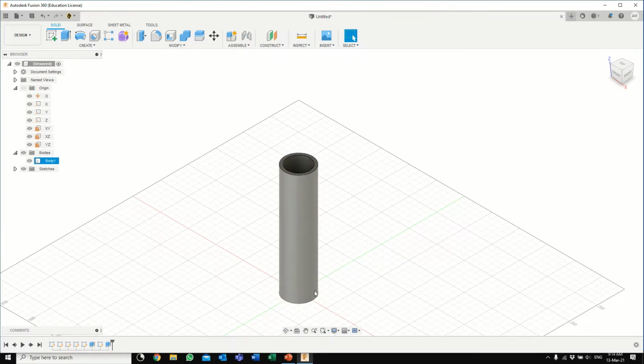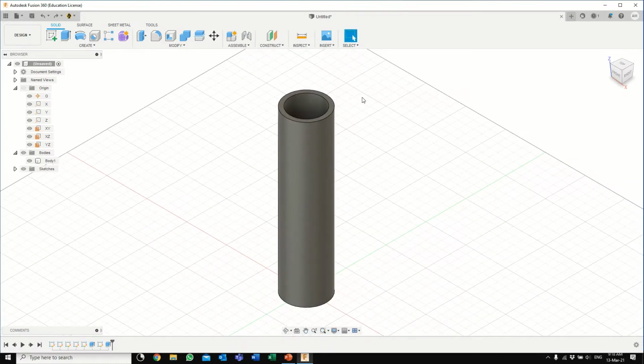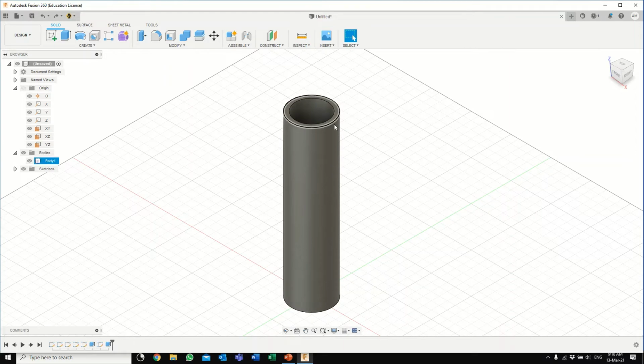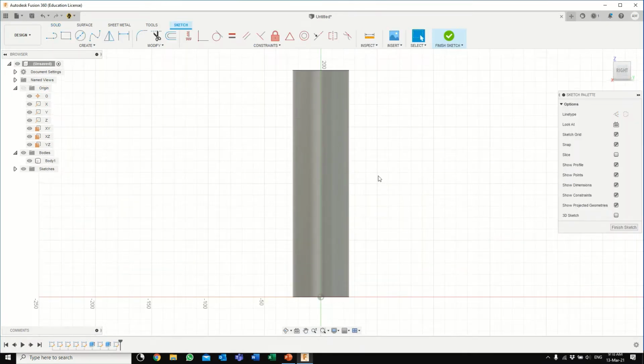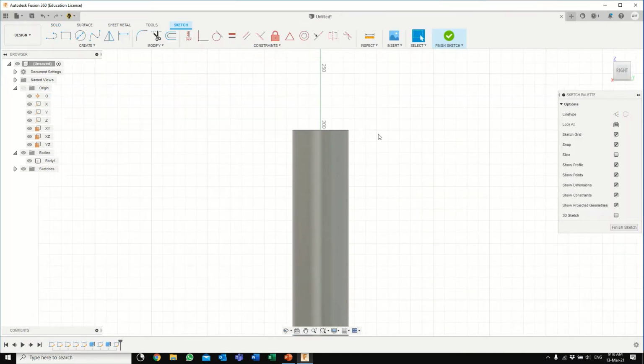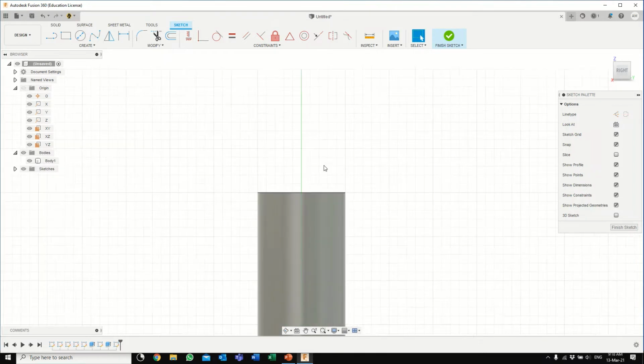So we'll select the Z axis and either one of the other axes, either the X or the Y. Okay, so here we want to draw a cap. So we'll do the same. We'll select either the XZ or the YZ. Select the YZ for the sake of change this time and hit create sketch. Okay, we'll do the cap on the top, so I will use the middle scroll wheel to pan,